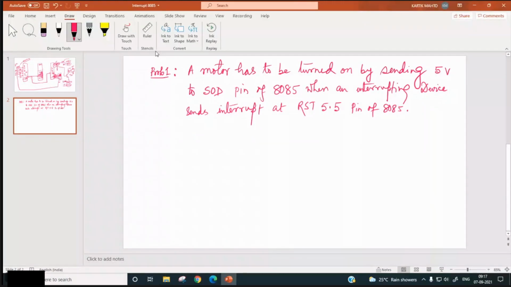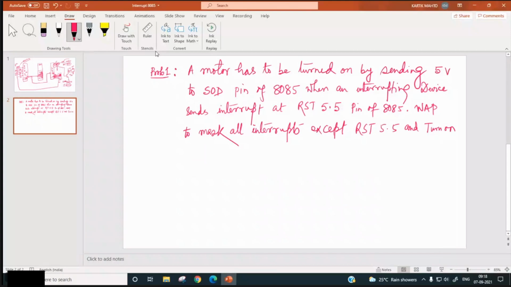Write a program to mask all interrupts except RST 5.5 and turn on the motor